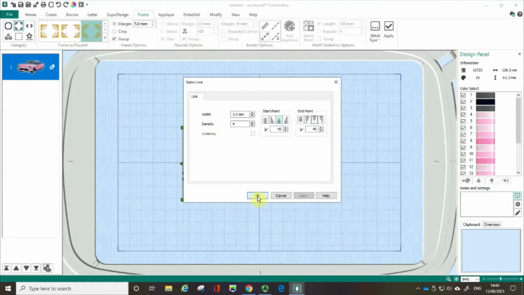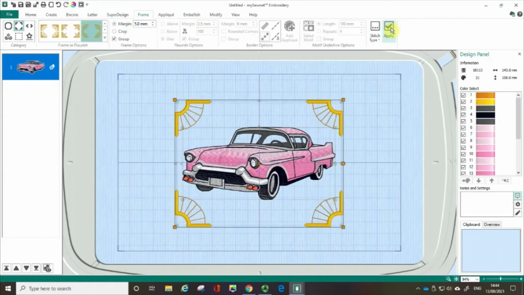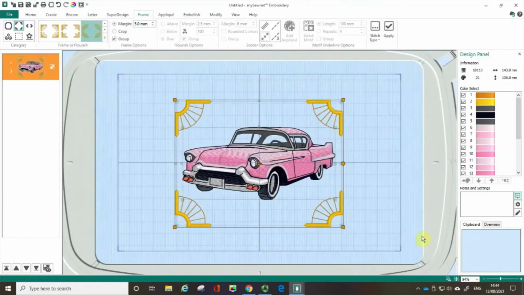So I'm going to click OK, and now I'm going to check apply. And I don't know if you can see here on the edge, I'll just zoom in, this satin edge, we've got pointy bits. And I just think it's a great feature that you can actually be so personal and very individual with that